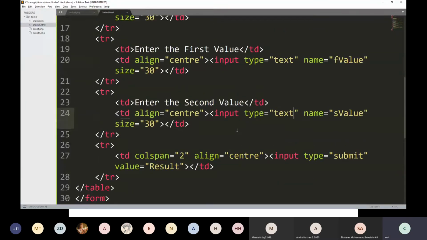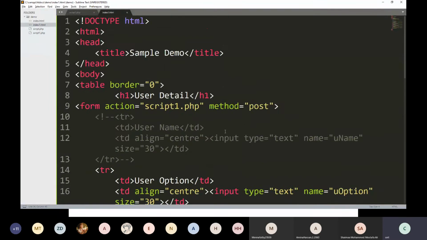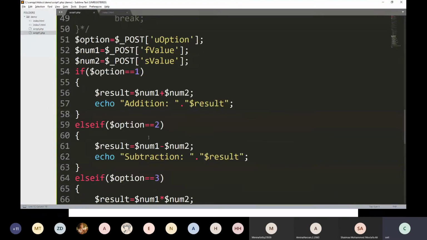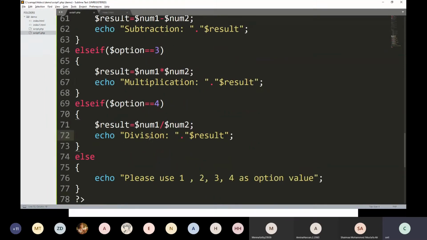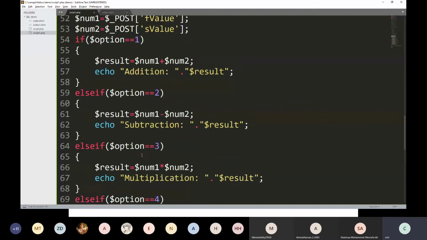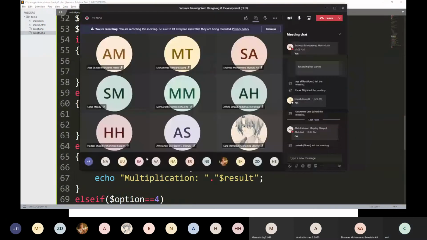Any doubt on the decision making constructs like if else and switch case? This thing we can also do using switch case, instead of if else if. Any doubt?